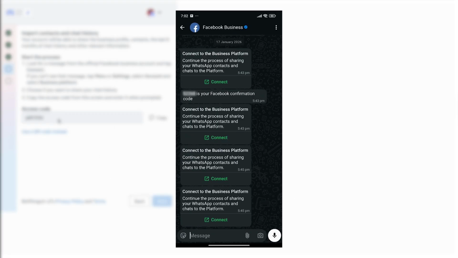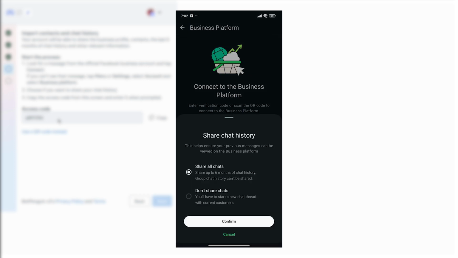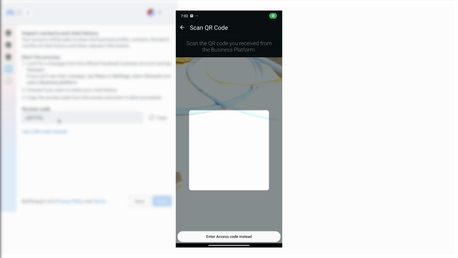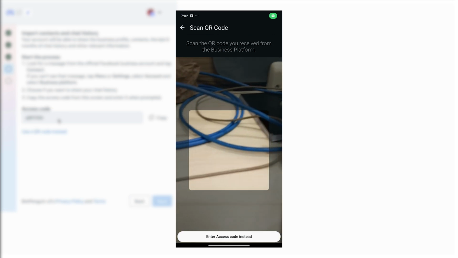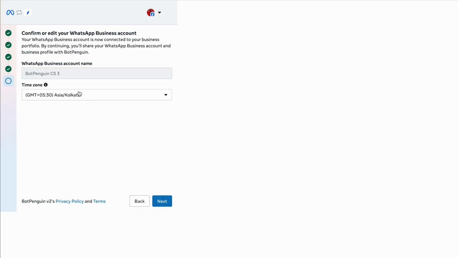Now all the things need to be done on your mobile app, like the business WhatsApp app. You will get a few things here that you need to configure. So on your screen you will get the option to add the access code. So just add the access code there. Once it is done, your account name will display here automatically and you will simply click on next